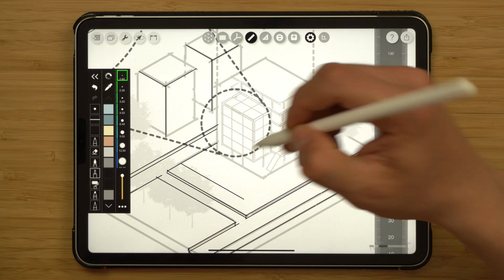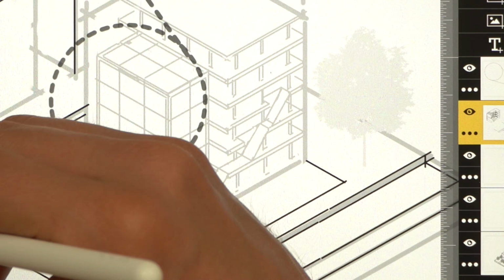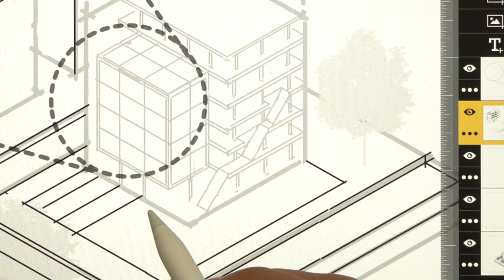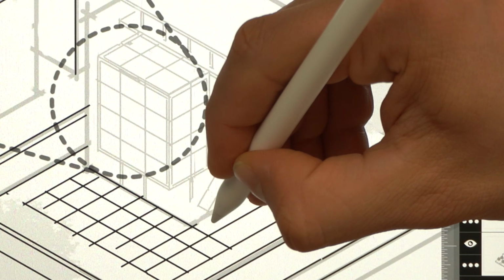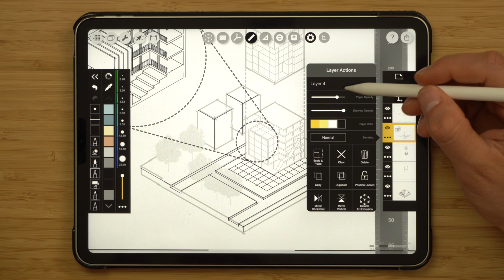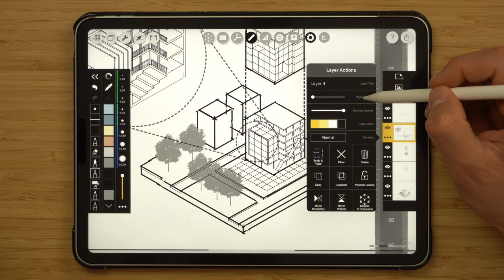I might also plot in this square bit just in front of it too, so there'll be a change in texture where the building meets the ground. Now that's done, scale back the opacity of the drawing by reducing paper opacity of this layer,